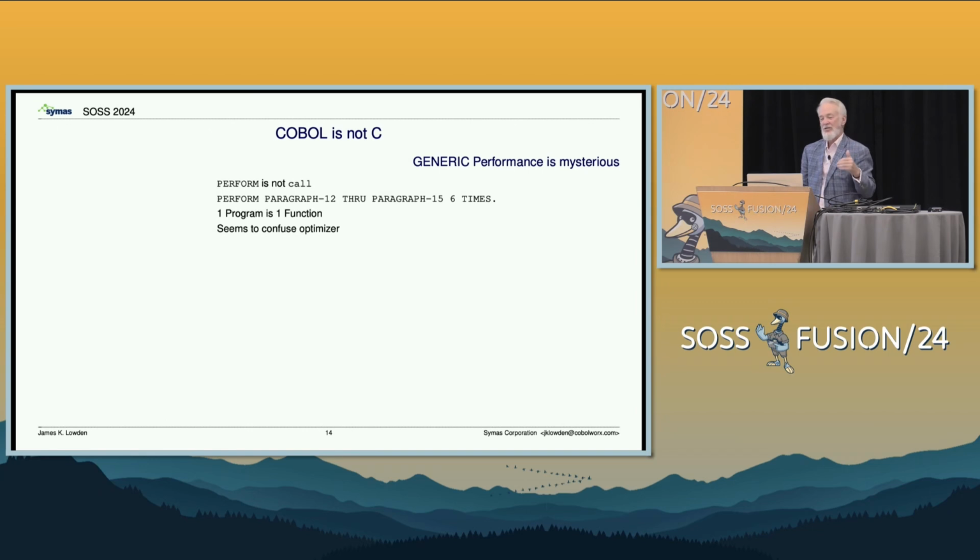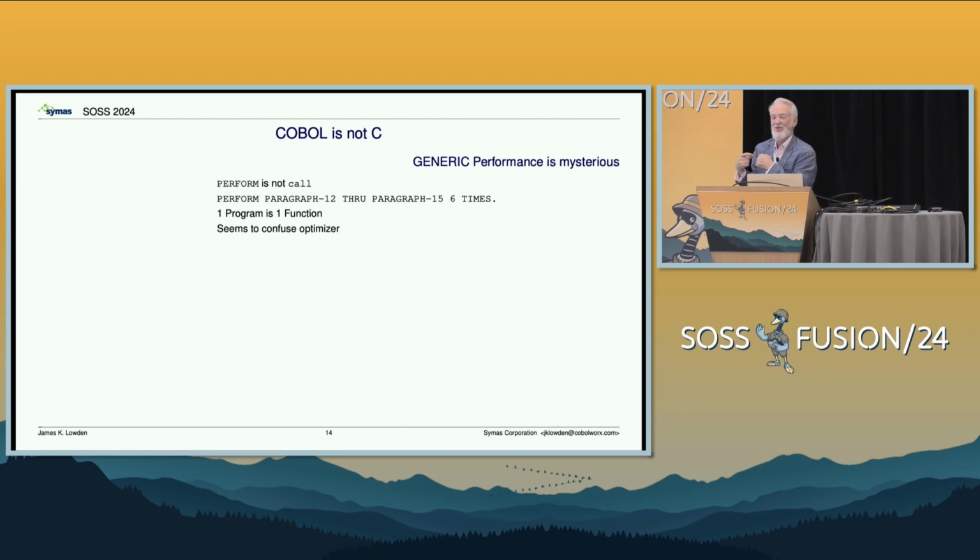One of our challenges in adding to GCC was that it started out as a C compiler, and it still sort of is. So an example of that I wanted to put was that COBOL has a thing called perform, because it has things called paragraphs, and paragraphs are not functions. Paragraphs are labels in the middle of your code that you can run through. Just imagine an assembly code that has labels. And then perform means go to that label, and when you get to the end of that thing that's been qualified by that label, or some other label later on, come back to me.